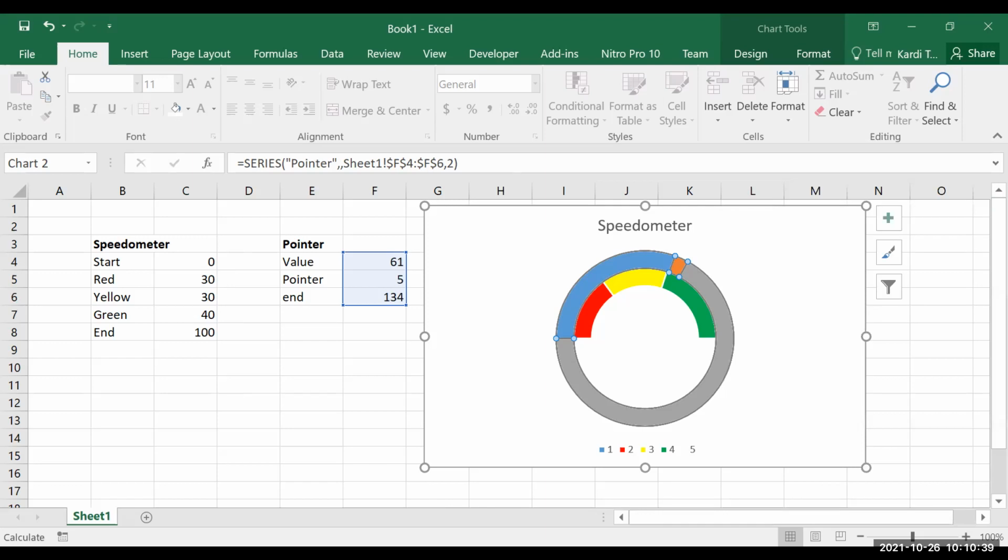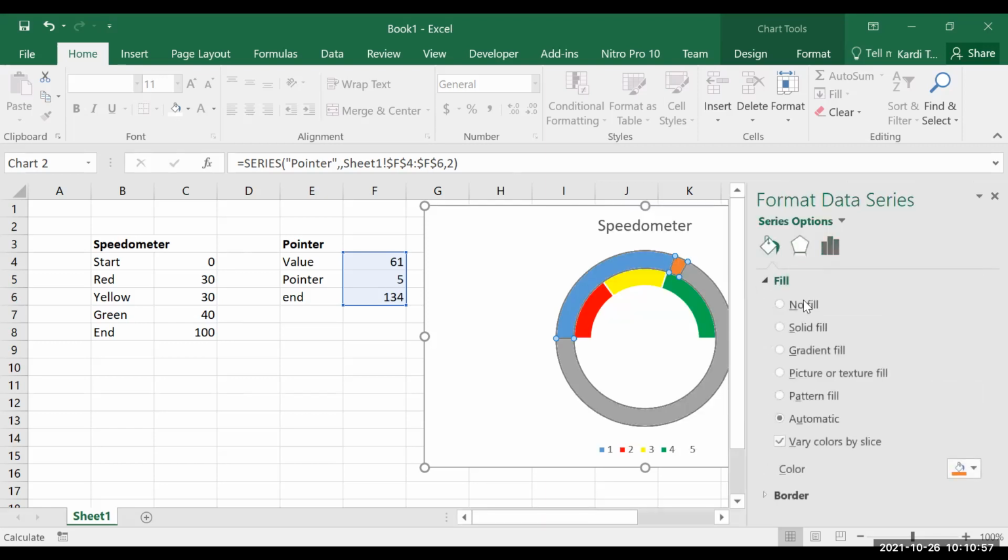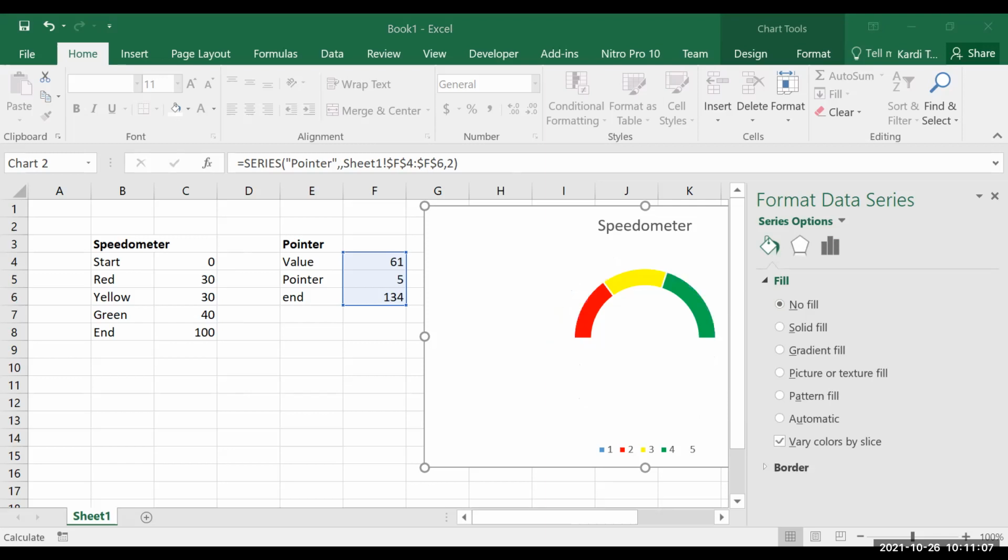Okay, next I need to click the larger part, this one, and then format it as no fill. Right, and then